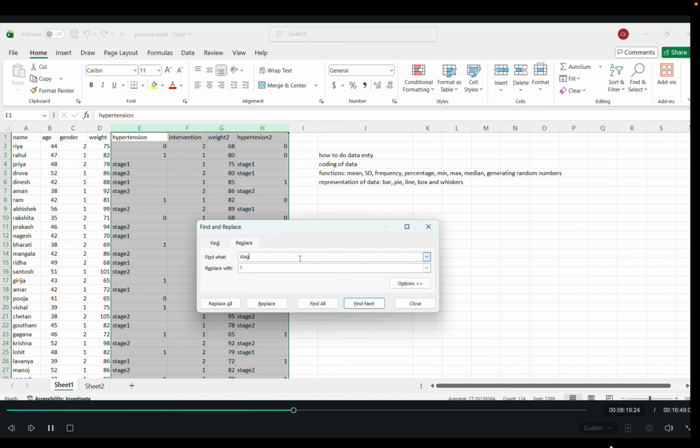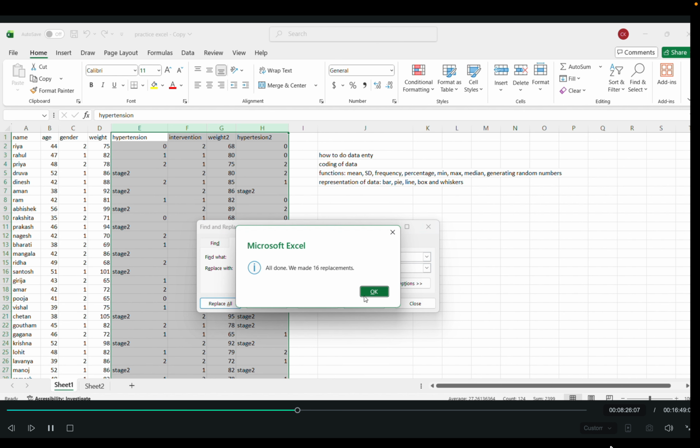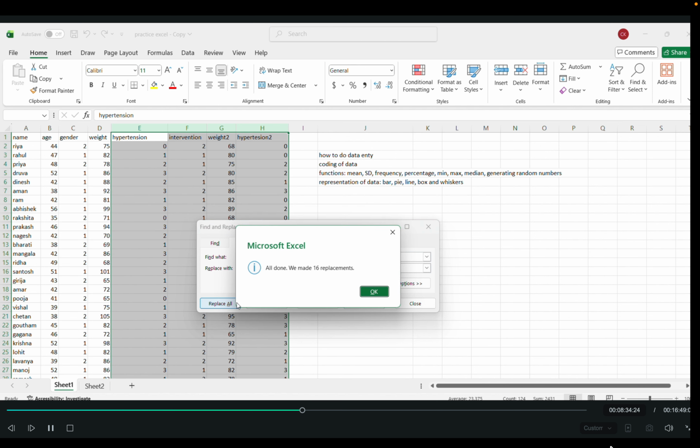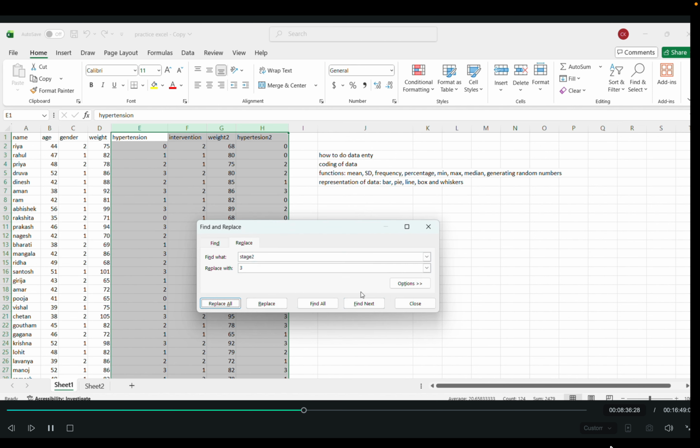Next, stage 1 as 2, Replace All, and stage 2 as 3. And I replaced everything.